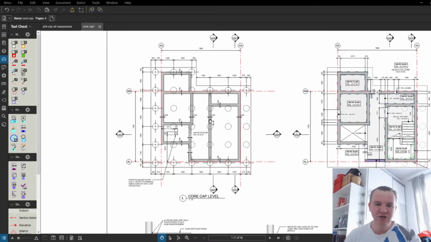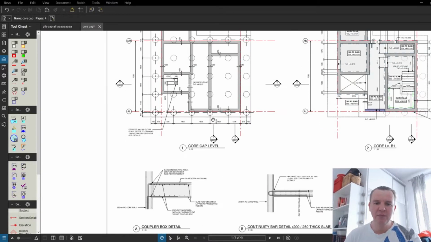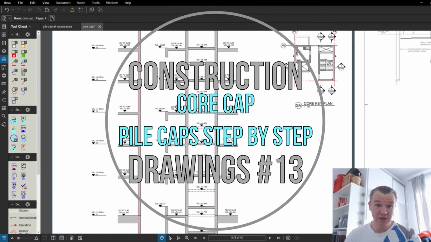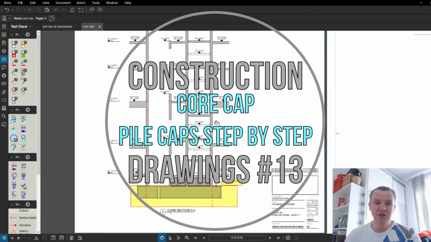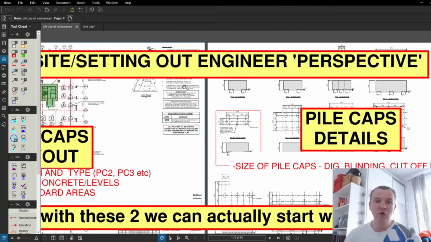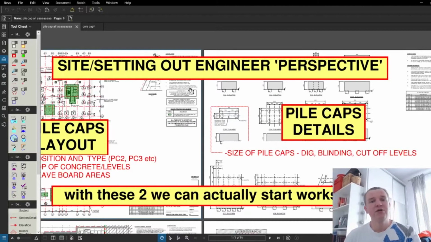In today's construction drawing video, I'm going to show you the core cap, and this video is going to be covering my side video about the construction of the core cap. We're going to have a look at the section and the stuff, but before we go there guys, I'm going to go through all the drawings and all the information we need when we're going to be constructing pile caps,